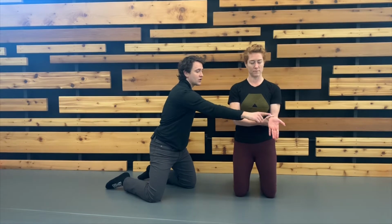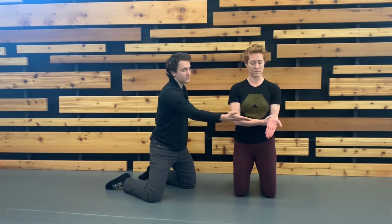So considering the difficulty of controlling just one wrist, that's why we really encourage you to do these wrist CARs one at a time, although you technically could do them both at the same time if you're short on time, or you just want to get more reps in throughout the day. Go ahead, fingers to the floor, find a stretch, and then begin bringing those fingertips one direction to the side,